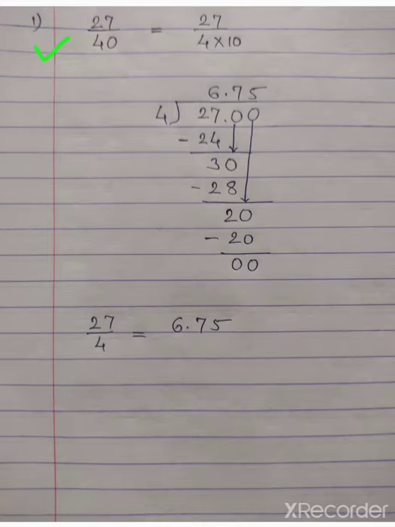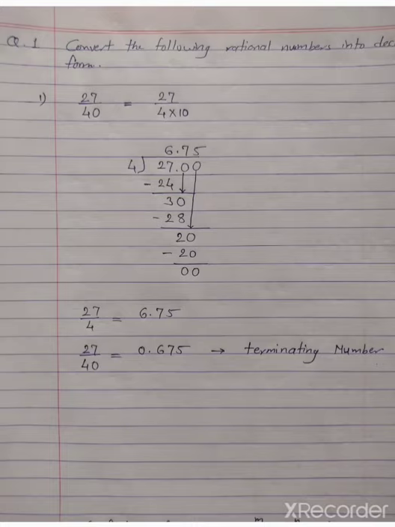So to get this question we have to multiply 4 by 10. Otherwise you can say divide it by 10. So when you divide by 10 on both sides, this decimal point will shift to left hand side by 1 place, because here 1 0. Due to this 1 0, this decimal point will shift towards left hand side. So our answer becomes this one. So now you can see this number or this decimal form is a terminating number.